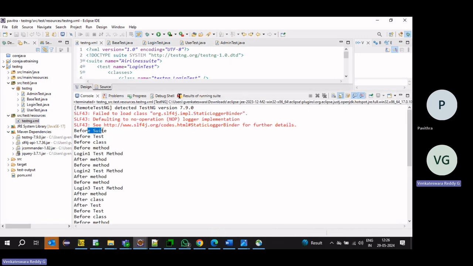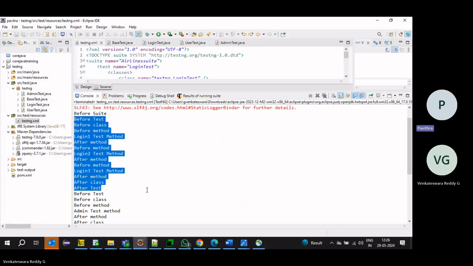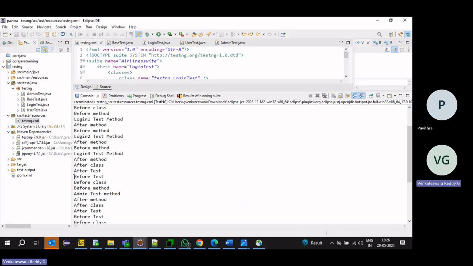Now before suite, before test, before class, then for each test case, before method and after method will execute. Then after class is completed, after test. Then the second one: before test, before class, again before method, after method. Then after class and after test.